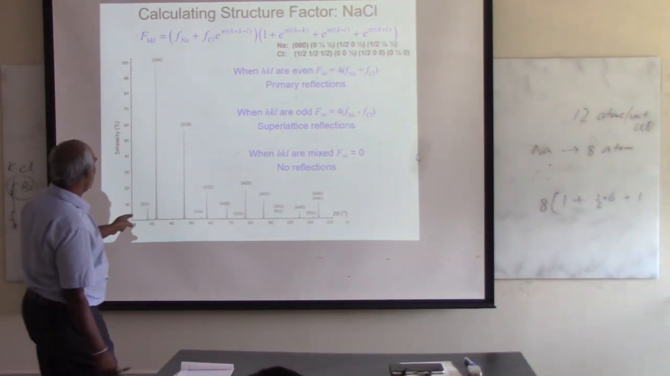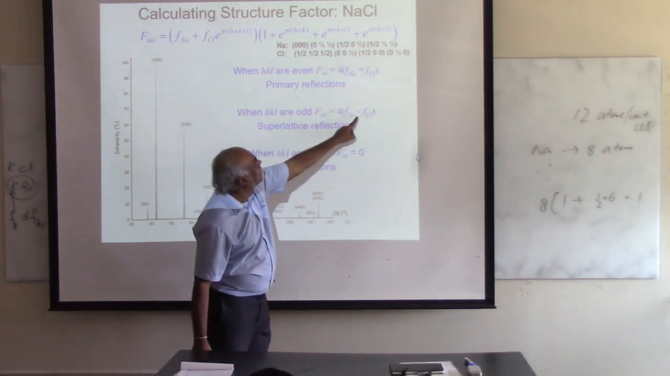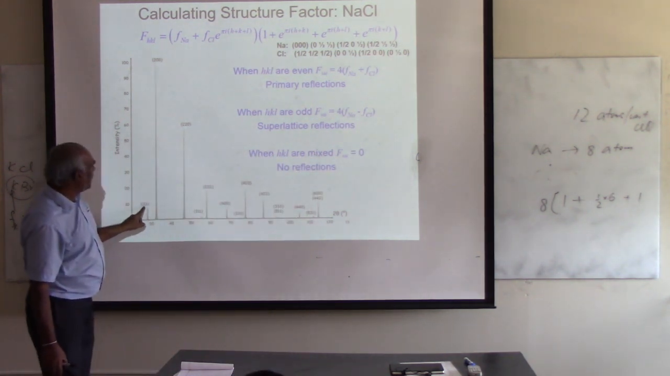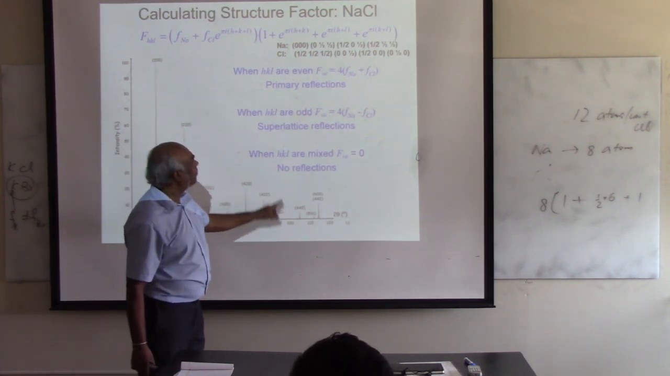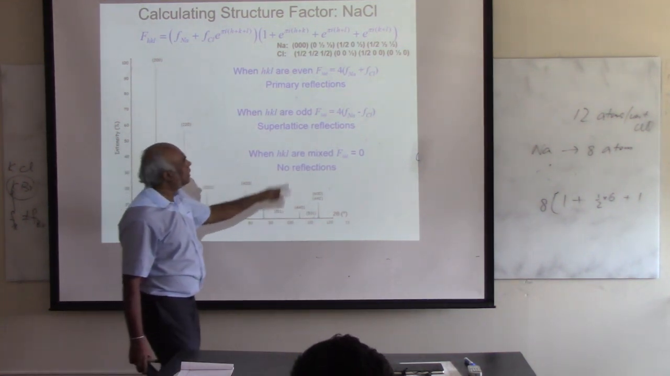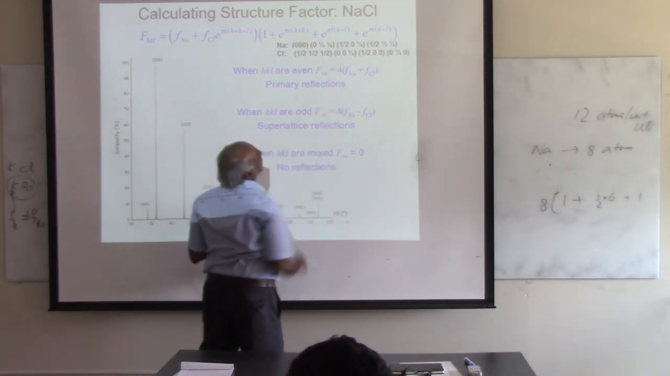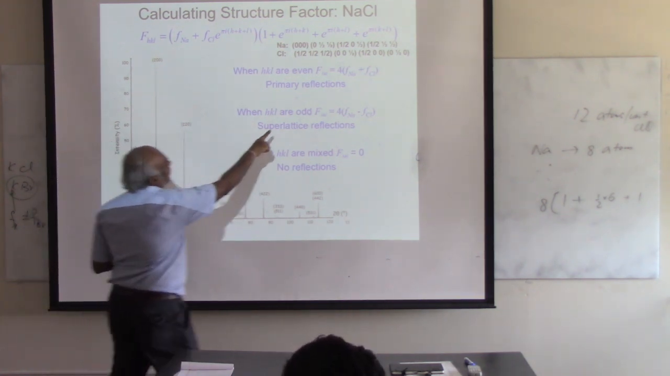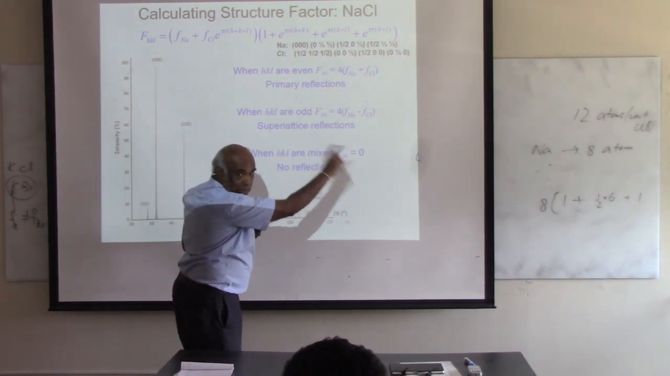You can have all odd, like here. If they are the same, you never get 1, 1, 1, and you never get 3, 1, 1. But if they are all even, you always get those reflections, right? Please remember this. If they are all even, you get much stronger peaks. If they are all odd, you get much weaker ones,